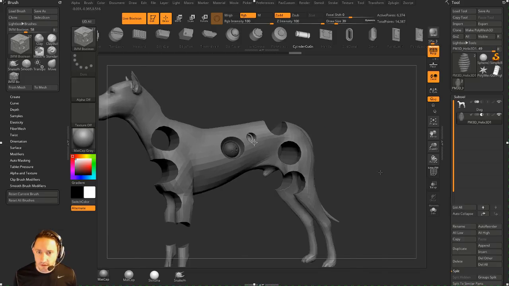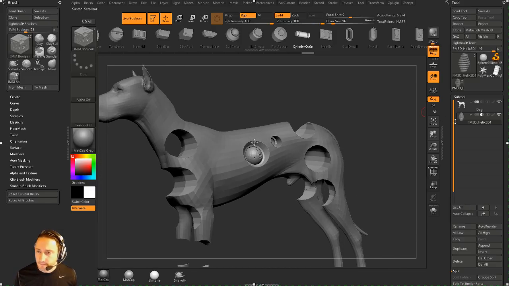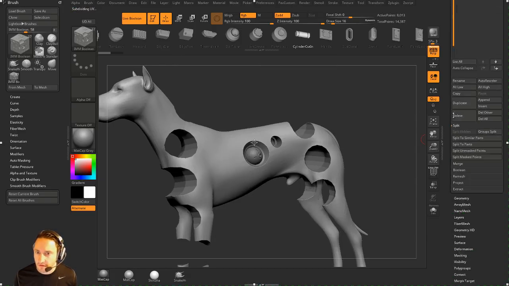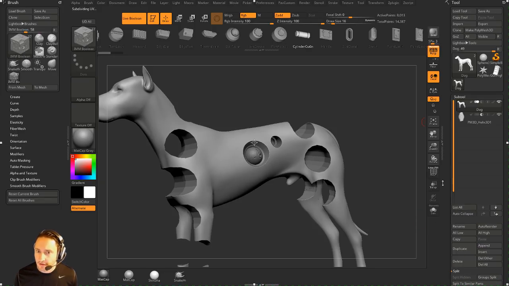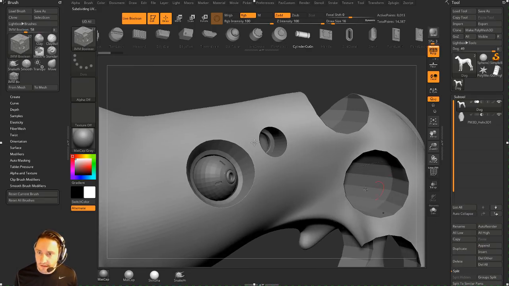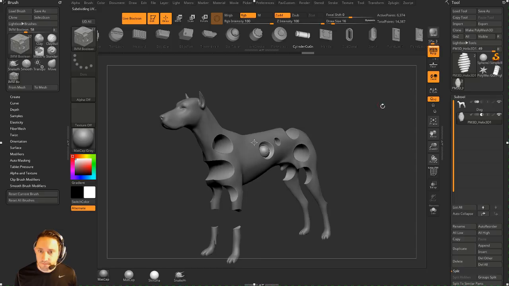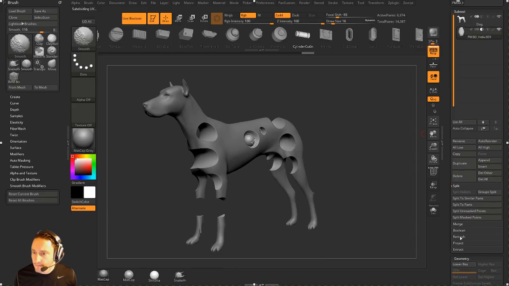So let's say I want to make this live Boolean. First of all, if you wanted this result to be a little bit smoother, what you can do is go to the dog, hit D for our dynamic subdivisions. That's just turning on geometry dynamic subdiv. You're also going to want to do that, see how it's kind of faceted on the helix and stuff like that. Go to your subtractive meshes here and also hit D, and then I'll go ahead and smooth those results out. And now I can go down here to our subtool, Boolean, dynamic subdiv turned on because we're using it,